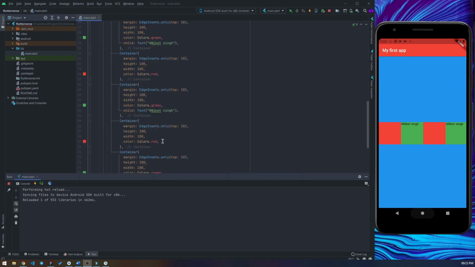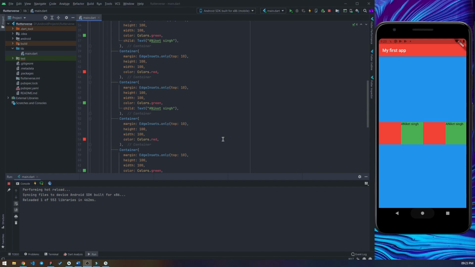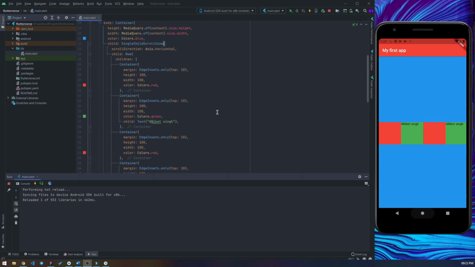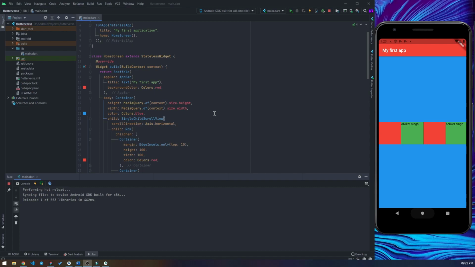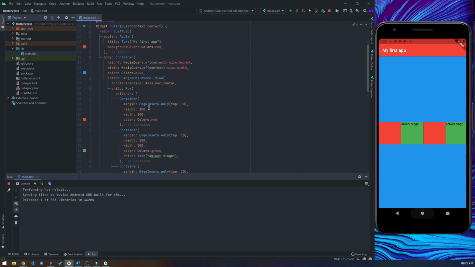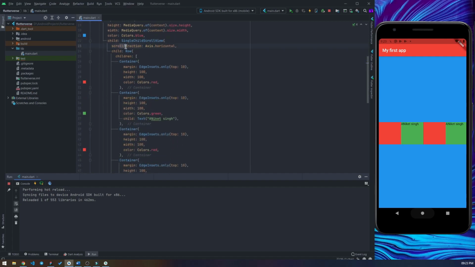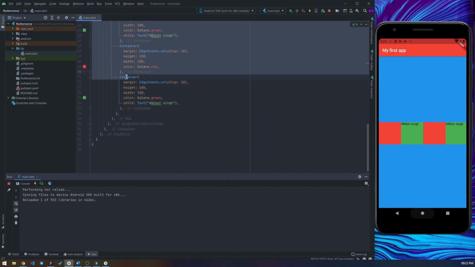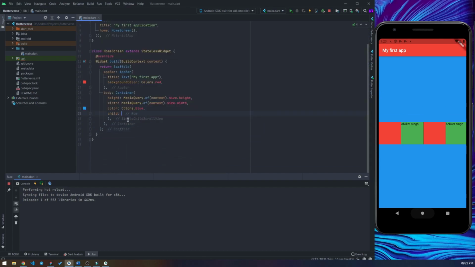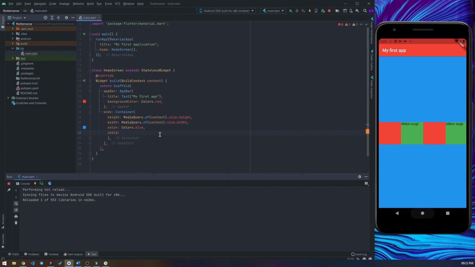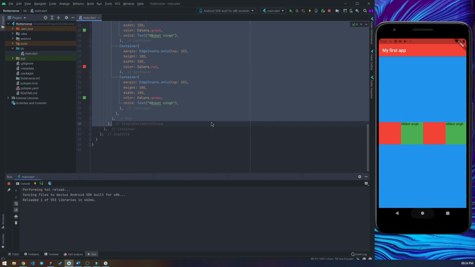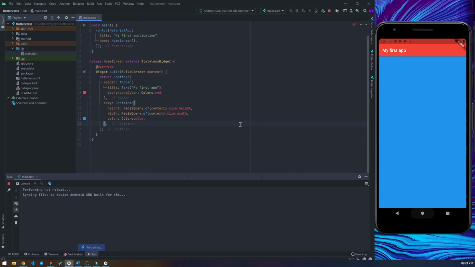So now we have talked about stateless widget and many different widgets like container, text, column, rows, and we have also seen margin, padding, and single child scroll view too. So now it's time to see the difference between stateless and stateful widget practically. Okay. So for example, what I'll do is I'll remove this single child scroll view. Okay. Now I want only one container. This is the container. What's the error? Okay, and then I just have a container,